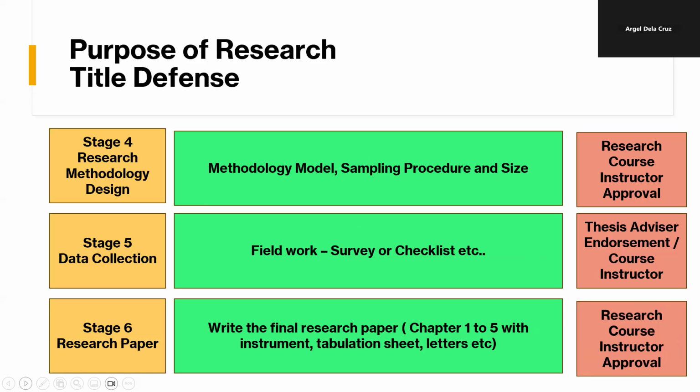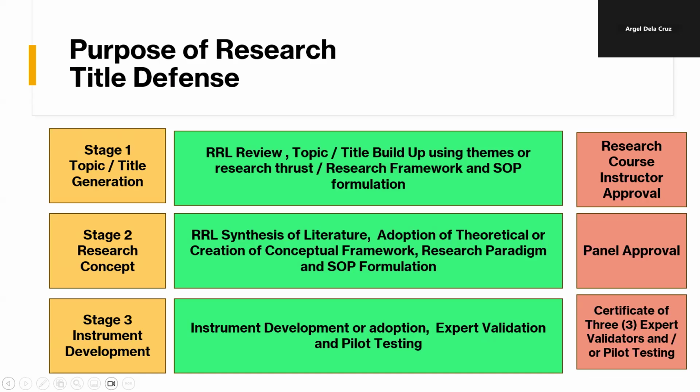Okay? So basically, if you have the Gantt chart, you can do stage 4 and stage 3 simultaneously. So what are we going to do here? In your stage 3, which will be explained later, or there will be a separate video to discuss instrument development, you have to develop your survey or checklist. So you have two instruments of choice, either a survey or a checklist. What's the difference? A survey is intended to solicit the responses of our respondents or people.